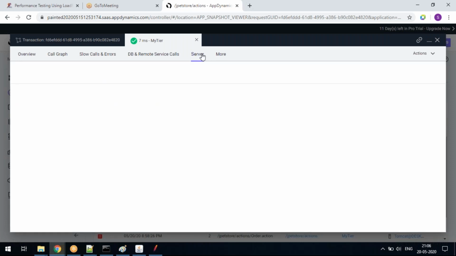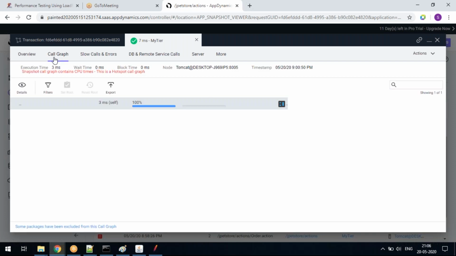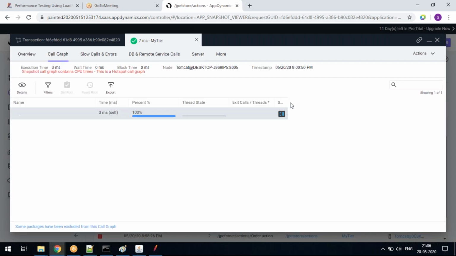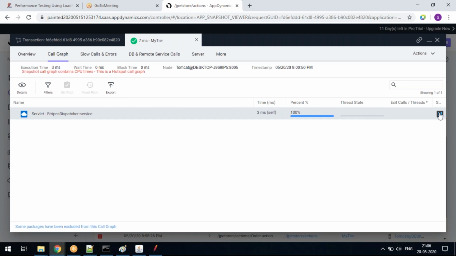You are not giving a little more detail, but whatever you are providing is still valuable information to them. Don't think you are partially giving the data. You are giving valuable information. If it is a full call graph, it will be a little more value add. That is the only thing. Other than that, you are still giving the proper data.